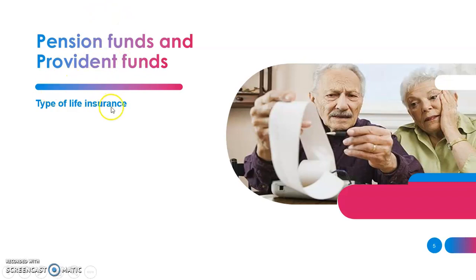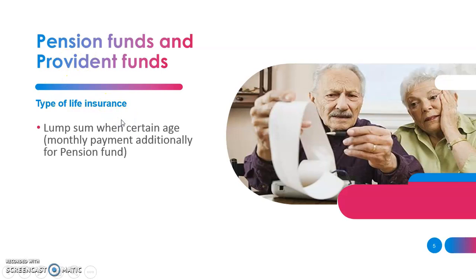What is this? It's similar to life insurance. As a young person, every single month you put money aside into a pension fund or provident fund. If it's a pension fund, you'll get a lump sum when you turn a certain age, depending on your contract. For example, we've got two pensioners on our staff, Mr. Graves and Mr. Jackson. They can earn a monthly pension and still work, because they're over the age of